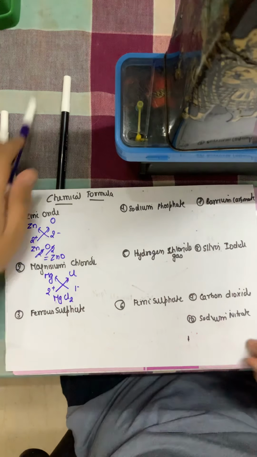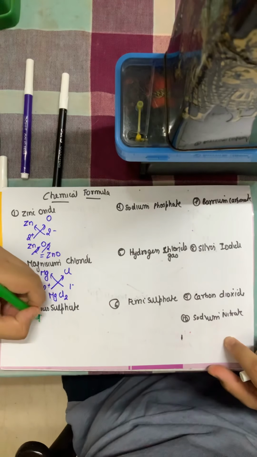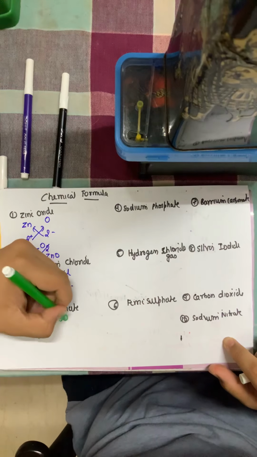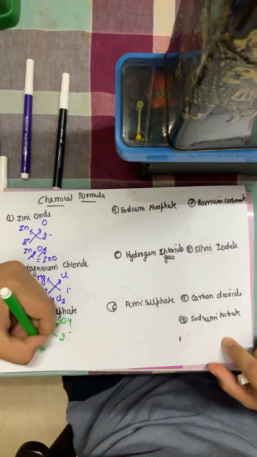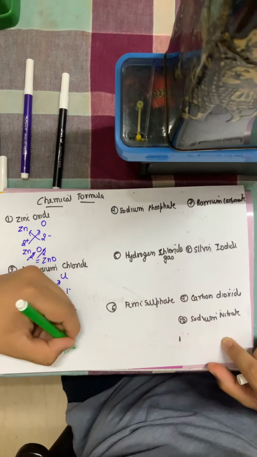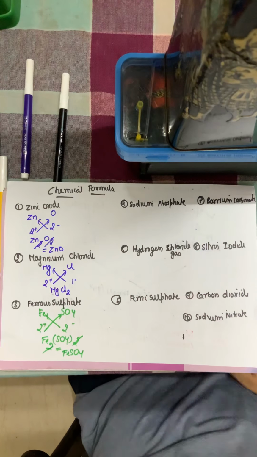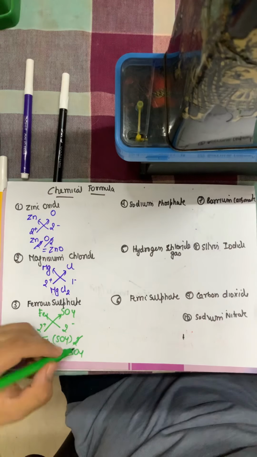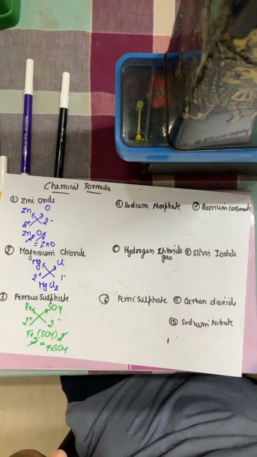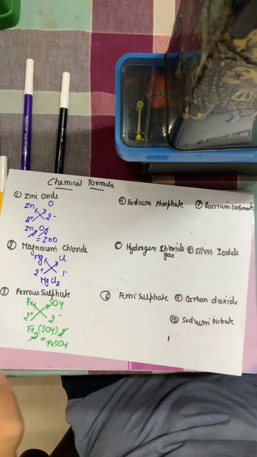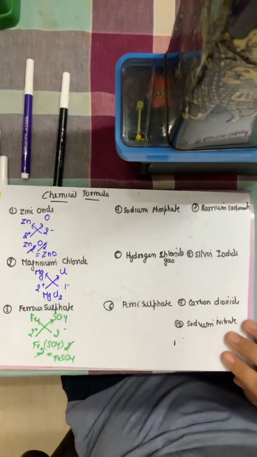Next is ferrous sulfate. Ferrous means iron with a valency of 2. So I write iron Fe with a valency of 2 and sulfate, SO4, with 2. This is 2 plus, this is 2 minus. And again cross multiply. This becomes Fe2(SO4)2. The 2 gets cancelled. It becomes FeSO4. Now an important thing here is why am I putting the SO4 in a bracket in the case of 2? This means the 2 is for every atom. SO4 has S atom as well as O atom, and I am multiplying the 2 to every atom. That's why I am putting the bracket here. Okay, that's the only reason.